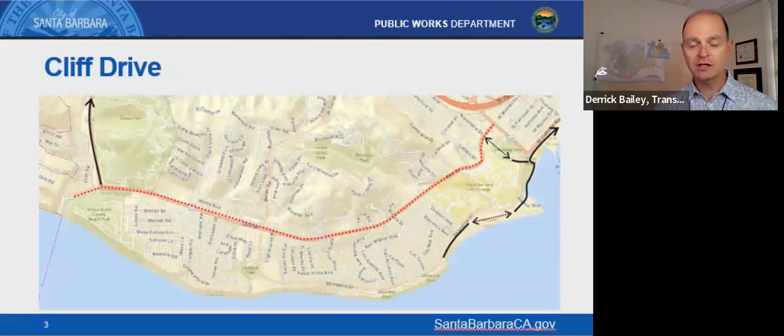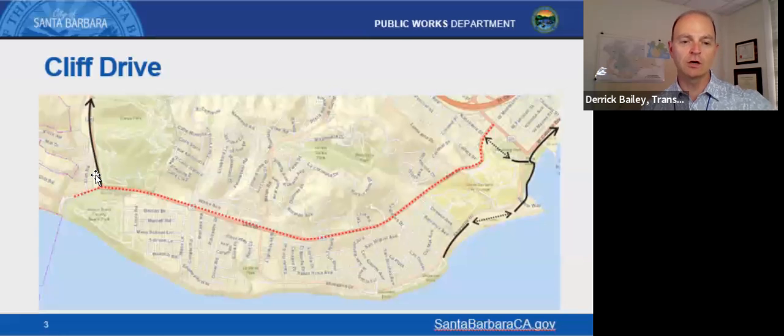So if you're new to the project, this is a map of the Mesa neighborhood. Over here on the left-hand side, that's Las Positas Road. That's the pathway that was just completed within the last few months. If you go to the other end of that path, out at the end of Modoc, the city and the county are both working together on an extension of that path that'll go out to the Auburn Trail, which is out Modoc Road almost all the way to Hollister. It's about a mile extension, and we'll start working on it together later this year, and it should be complete